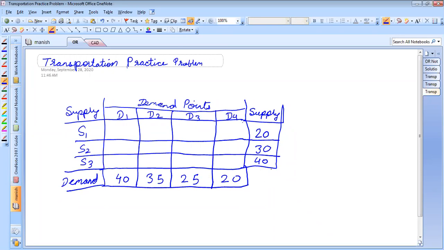Now, let us sum them up. So what we get here is 20 plus 25 is 45, 40 plus 35 is 80, 80 plus 40, 120, isn't it? 35 plus 40, 25 is 60, 40, 120. Okay, correct. And here what we have is 20 plus 30 is 50, 50 plus 20, 40 is 90.